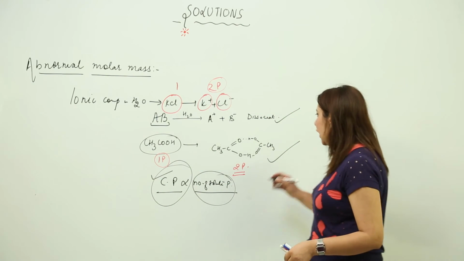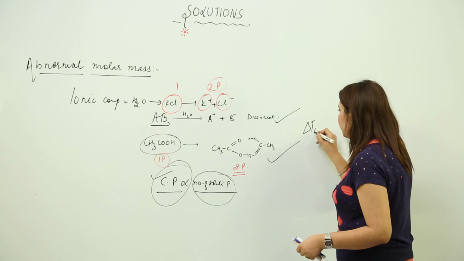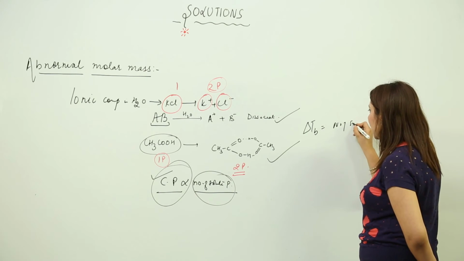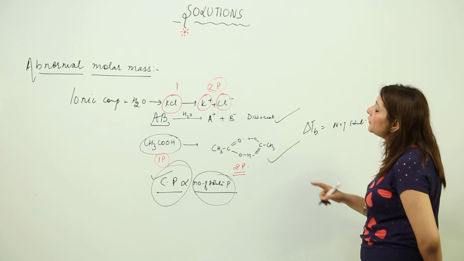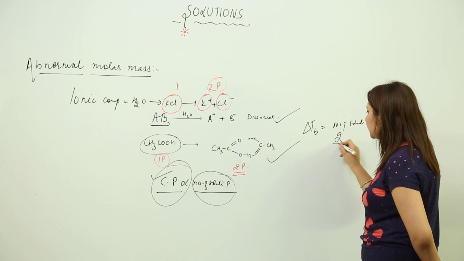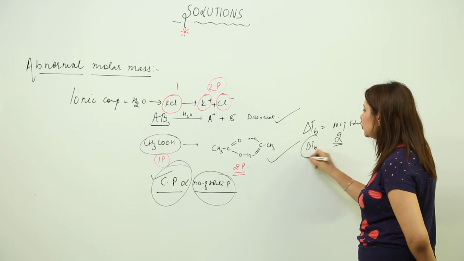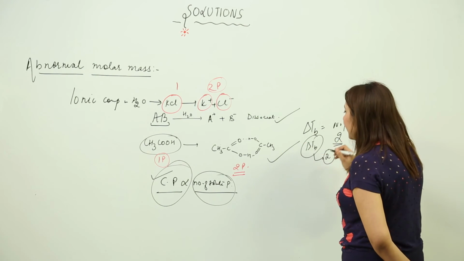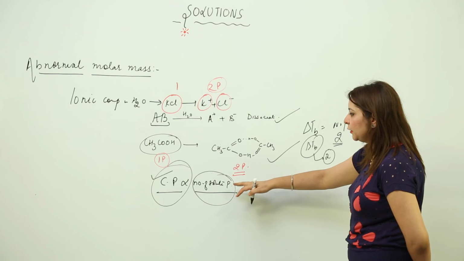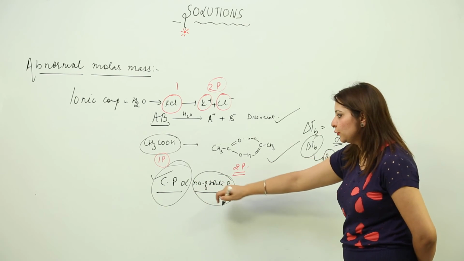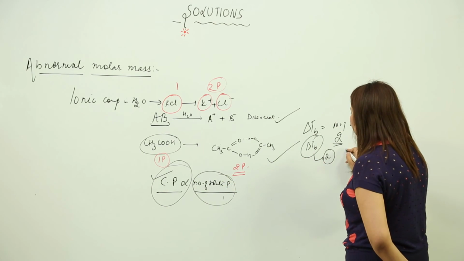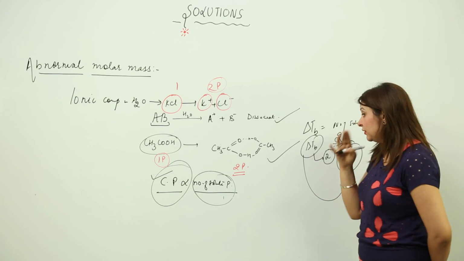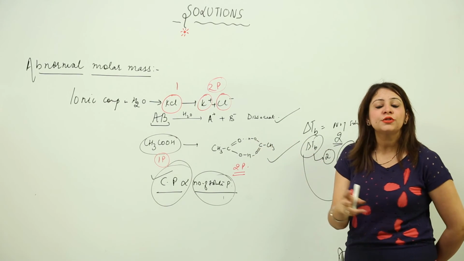Suppose I take an example, elevation in boiling point. It depends upon the number of solute particles. If the number of particles increases to 2 times, the elevation in boiling point will also become 2 times. And likewise, if it is getting reduced to half, that means 2 particles combine to form 1 particle, so it is getting halved. So we can say that either dissociation or association can affect